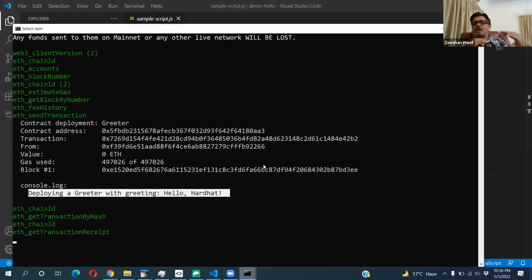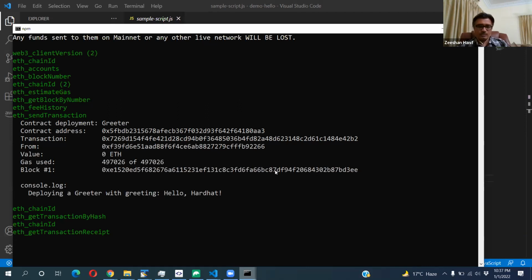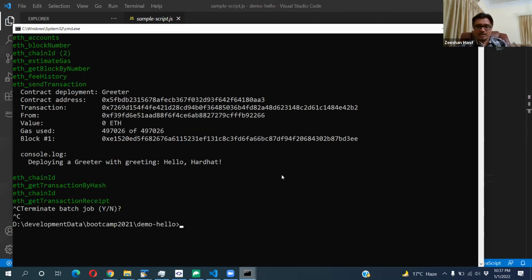So at this moment we have run our local blockchain, and we have tested it. We have tested using the test, and we have tested using the local blockchain as well. To run or deploy on any test network like Rinkeby or Ropsten, we need a few changes. I'll explain how we'll be running this application in TypeScript. Maybe not today, maybe in the next class, I'll show you how we can run this on test networks as well. Okay, so any questions here?